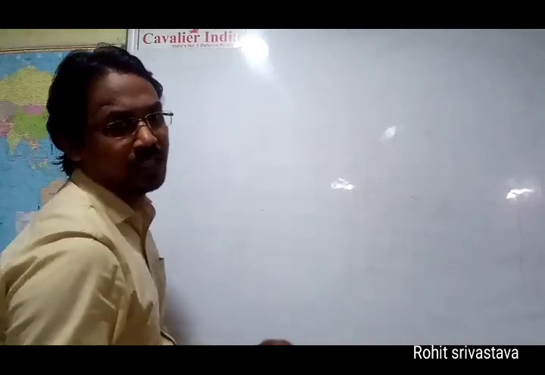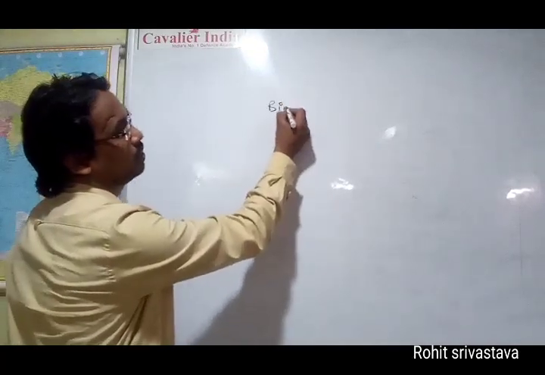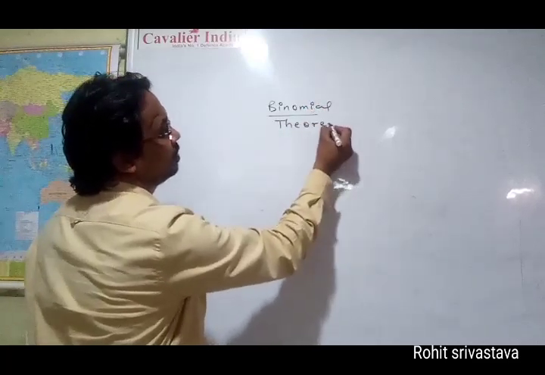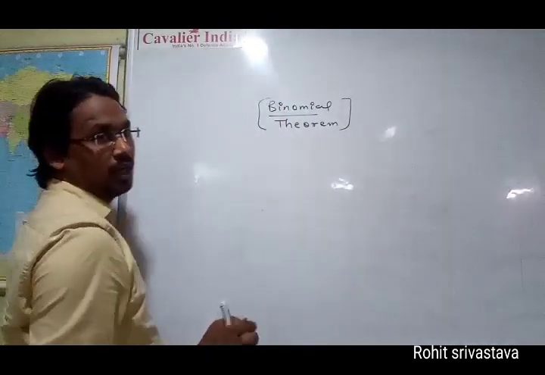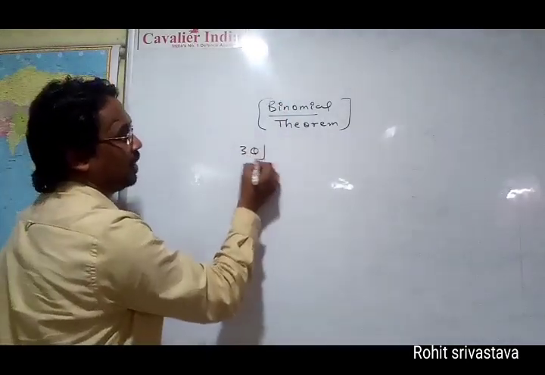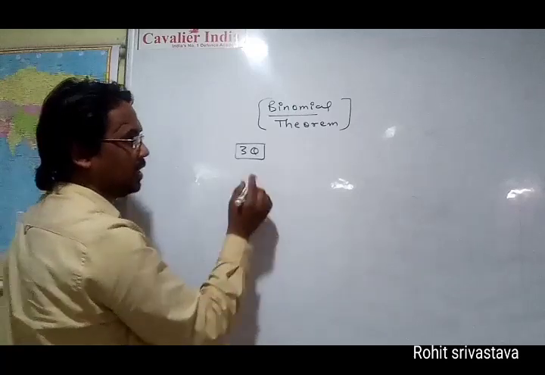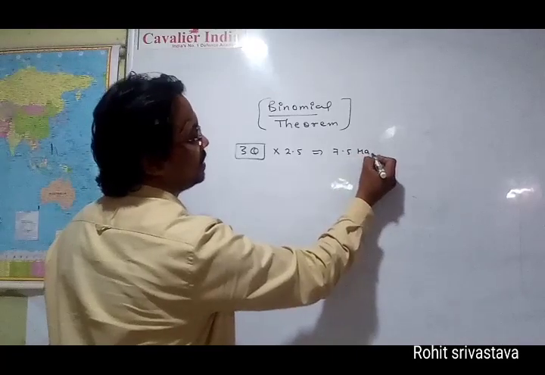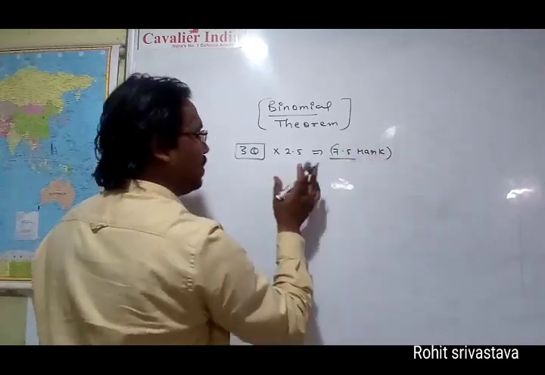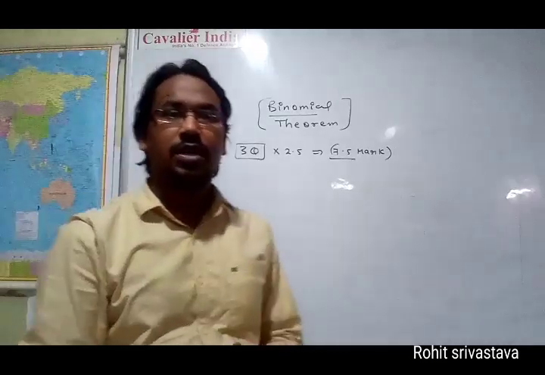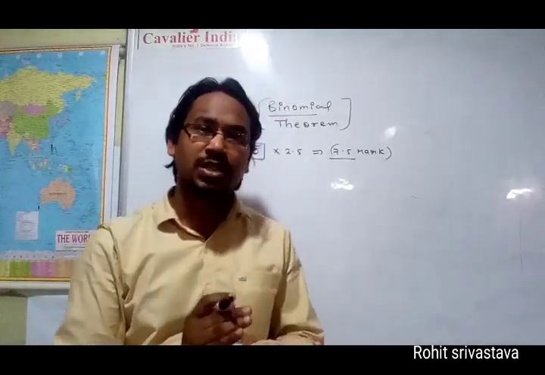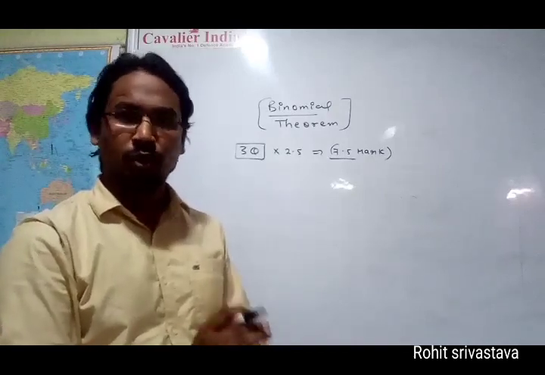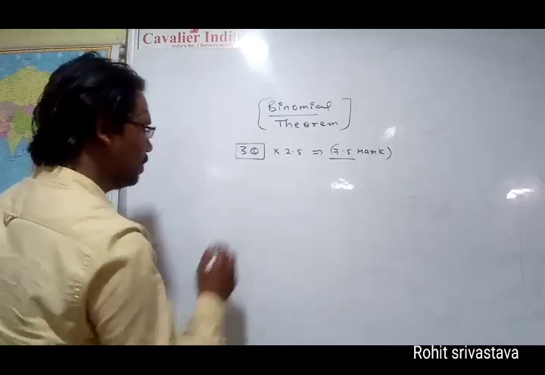So students, we will start binomial theorem today. Actually in your paper, 3 questions of the binomial chapter will come, at the rate of 2.5, so 7.5 marks for this topic. We will see the basic concept in this lesson, and after finishing this basic concept we will take 4 or 5 questions and solve them on the board. So we will start with theory.